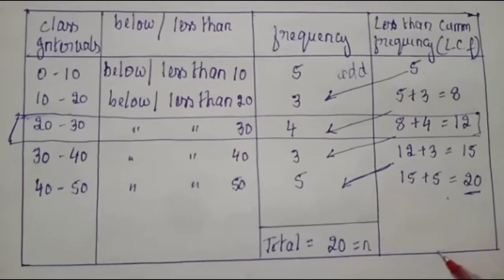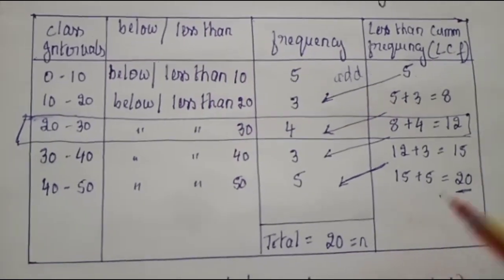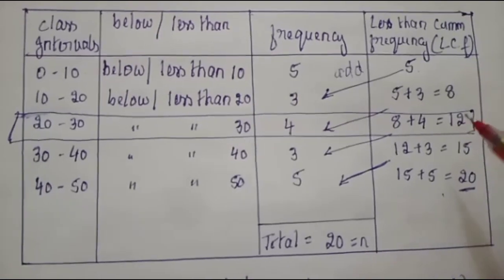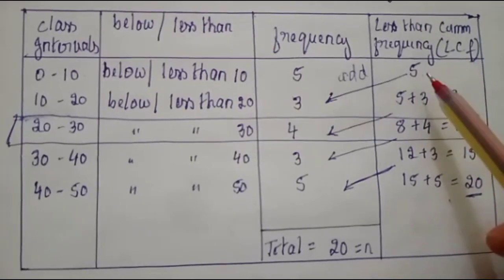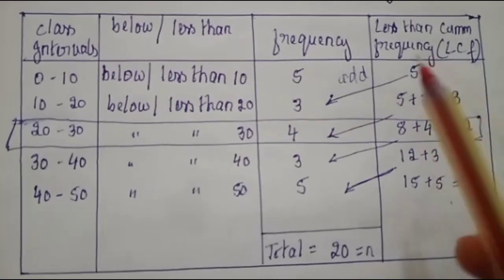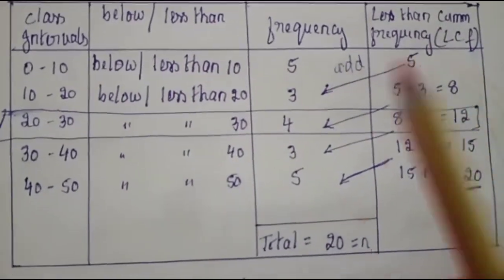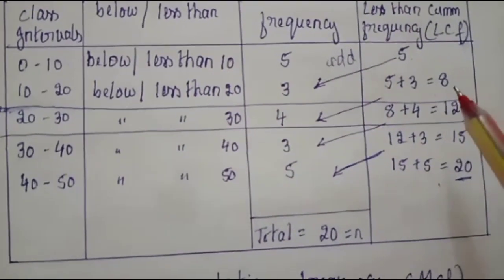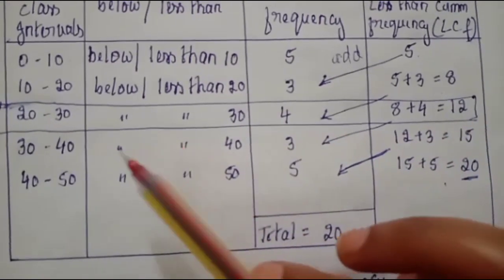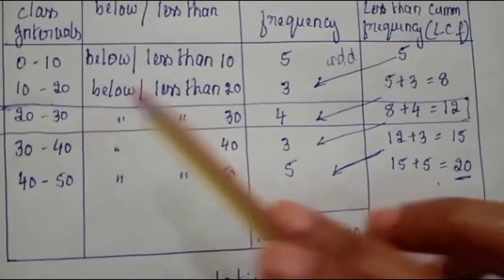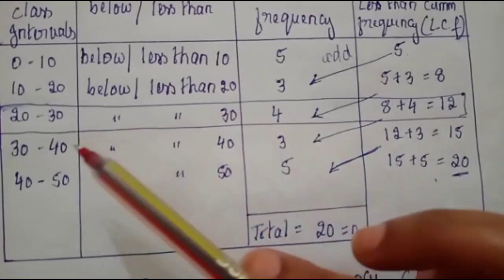What does the definition of median class tell you? It is nearest to n by 2 or greater than n by 2. So what is n by 2 here? 20 by 2 is 10. Now let us see which is nearest to n by 2, means it should be nearest to 10 or greater than 10. If you observe the LCF, up to 5 students scored less than 10 marks. Up to 8 students scored less than 20 marks. After 8, that is 9, 10, 11, 12, up to 12 students are less than 30. Means till 8 you have the second class interval. From 9 to 12 falls in the third class interval.